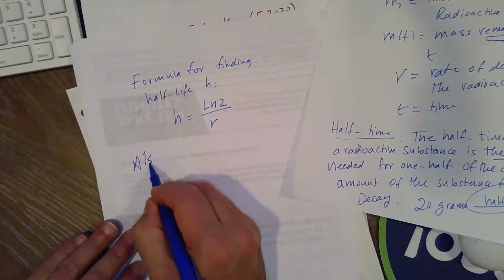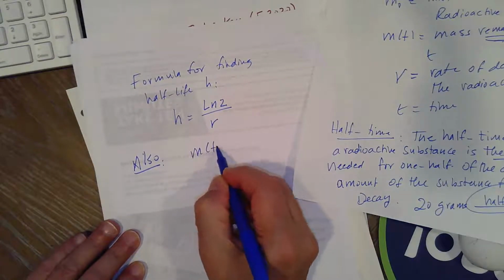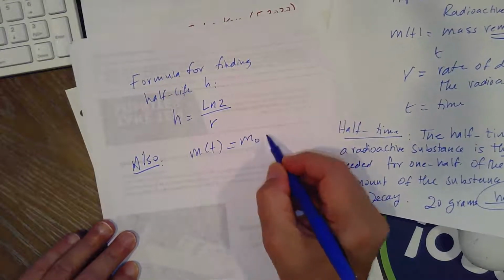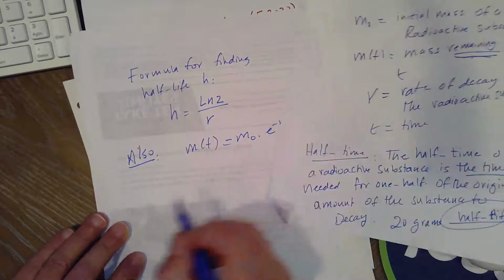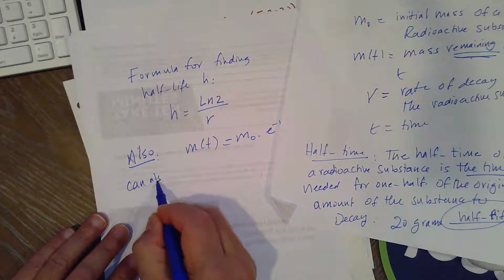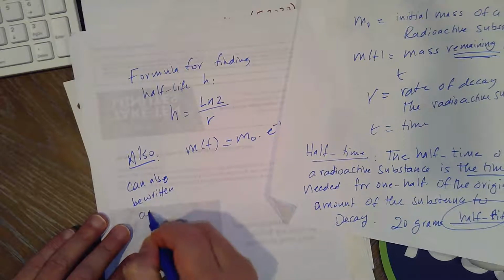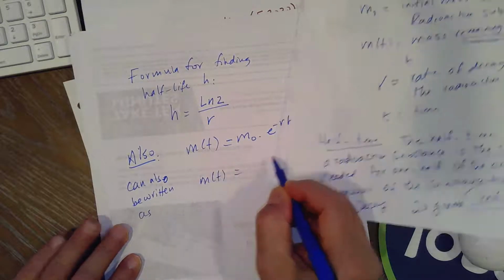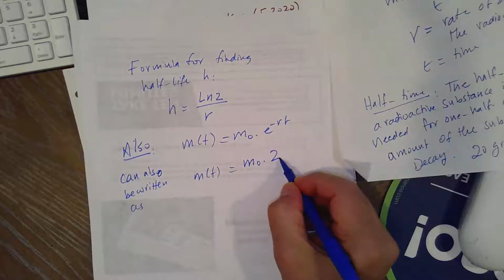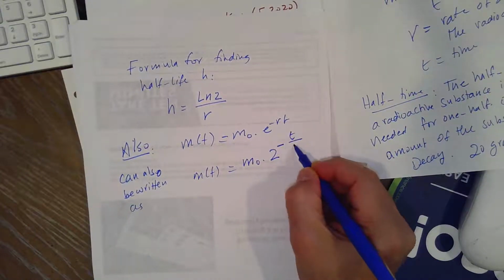Also, you know the formula m of t equals m sub 0 e to the negative rt can also be written as m of t equals m sub 0 2 to the negative t over h. Just like,